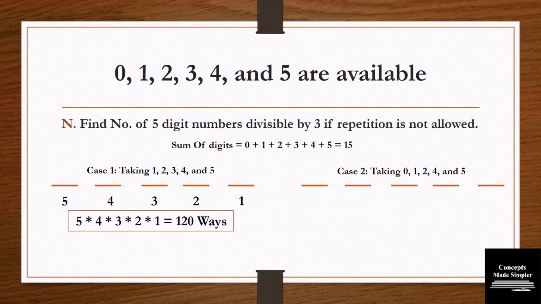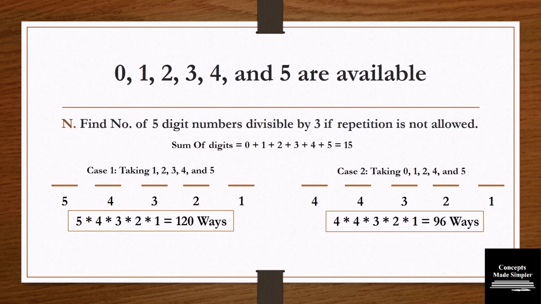ways. For the second case, since 0 cannot be present in the units place, the units place can be filled in 4 ways. Now we are left with no other restrictions. So for the second placeholder, we can fill in 4 ways, then 3, then 2 and then 1. So the solution for the second case is 4 into 4 into 3 into 2 into 1, which is equal